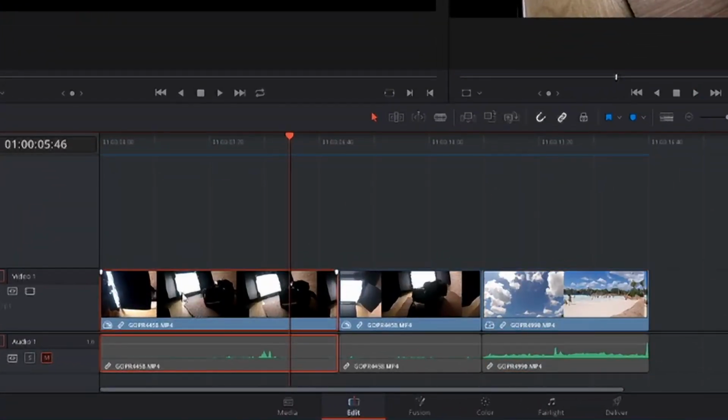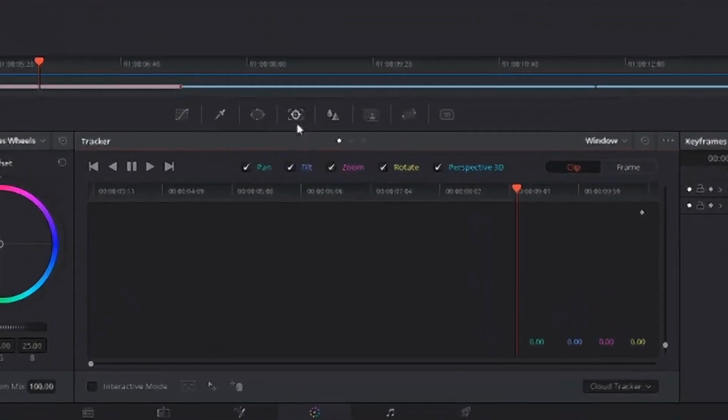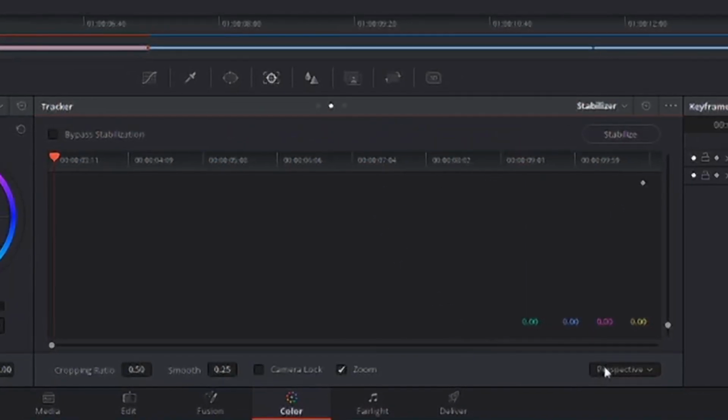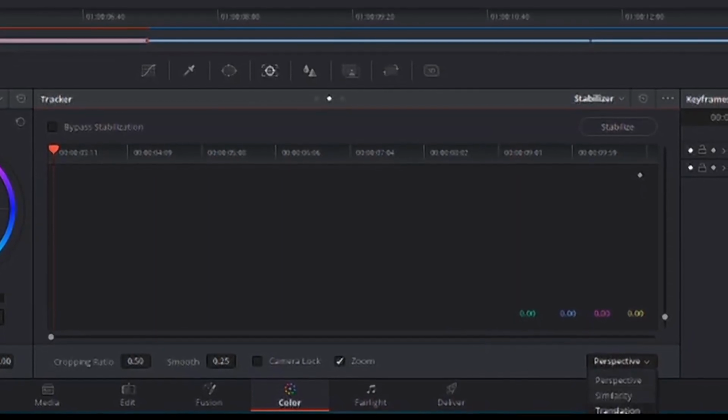To start, we're going to click on the first clip and go to the color tab. Once that loads, we're going to go to this little thing that looks like a crosshair and go over to the second page, which is the stabilizer. Once you're in the stabilizer, go down to this little drop down box and you'll see 3 options: